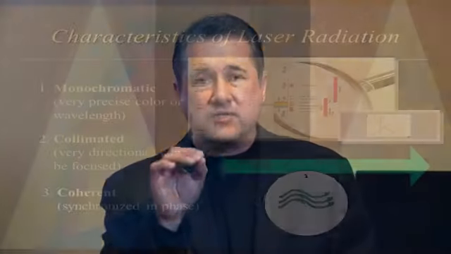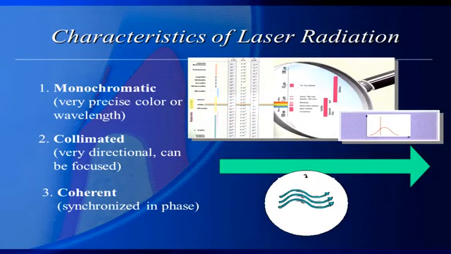So again, lasers are monochromatic: precise, specific wavelength. Secondly, lasers are what we call collimated. They do not spread out from their source, which is why my little laser pointer here stays a tiny dot, whether I point it at this screen or go all the way to the back of the room and point it at the screen. It'll still be a very small, tiny dot. Where typical lights that are polychromatic, multi-wavelength will spread out from their source and bathe the room in their energy,